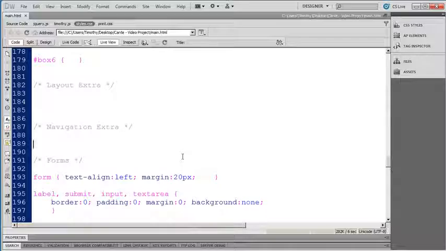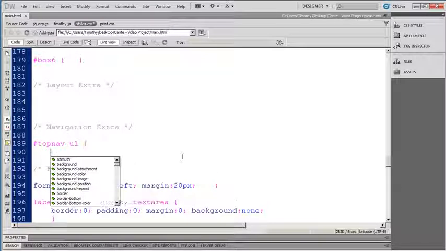Now each one of these styles needs to specify that it's applied to the elements that are in the top nav div. So each one of the styles is going to be prefaced by the top nav ID. Again, we're going to format the UL, the unordered list. We're going to format the individual list items, and then we're going to format the individual anchors within the list items that are inside of the UL. So the first thing we're going to do is top nav UL, and then I'll do an